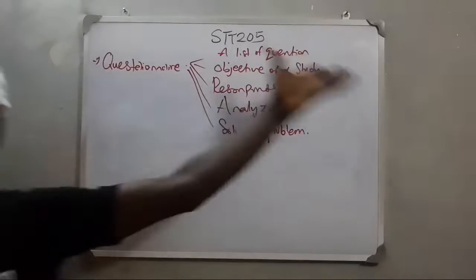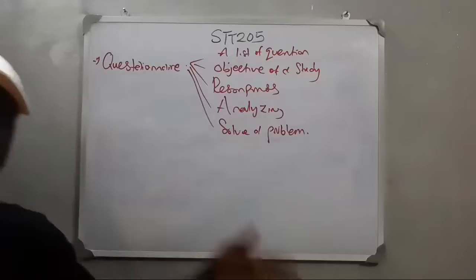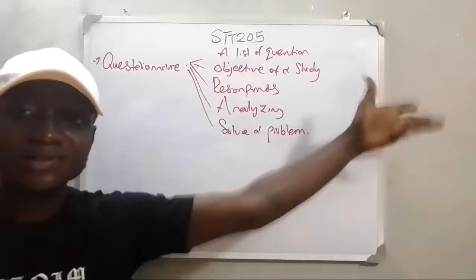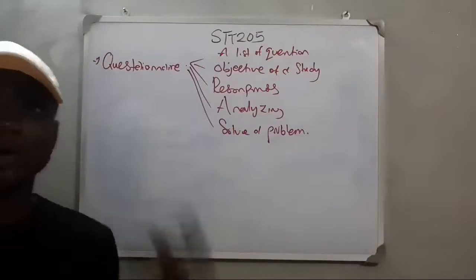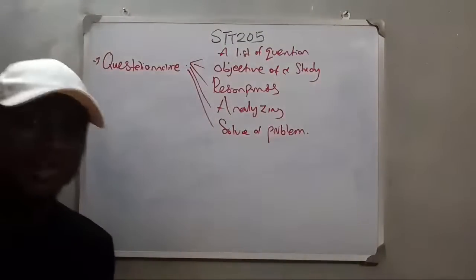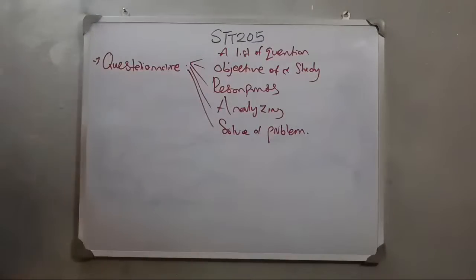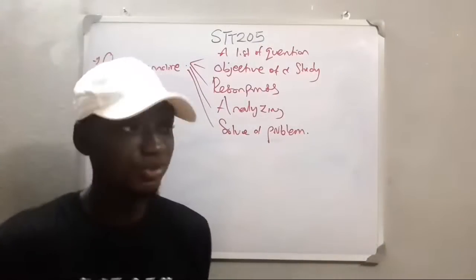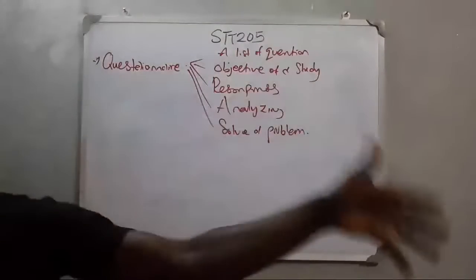Now, just on this, we have questionnaire. It's a list of questions, just from what it sounds like. I have a series of questions. The researcher presents this to the respondents. And there's an objective, in the sense that the researcher, the person conducting the research, intends to solve a problem with ease. There's always a problem to be solved or research to be developed upon. So that's why we have research work in the first place.